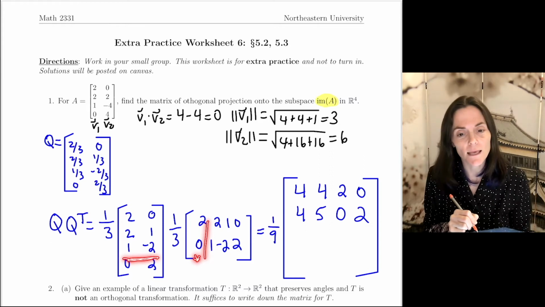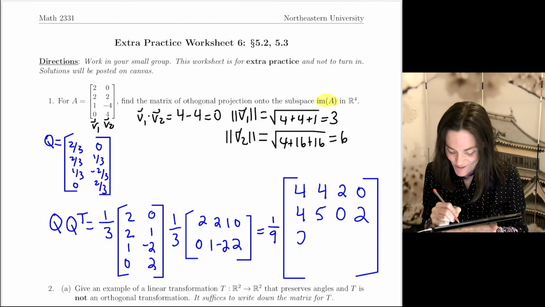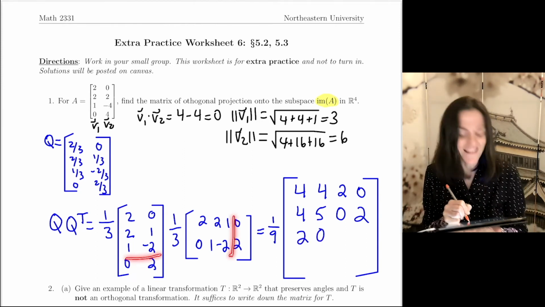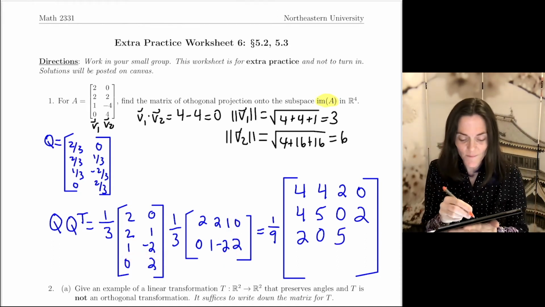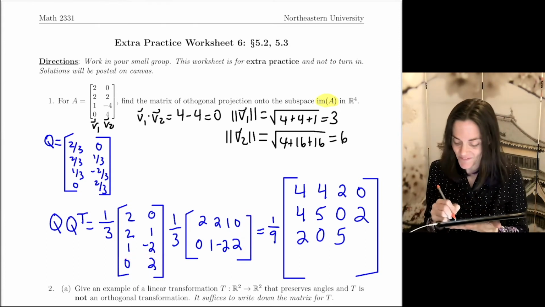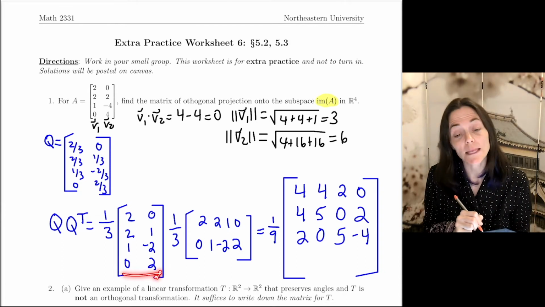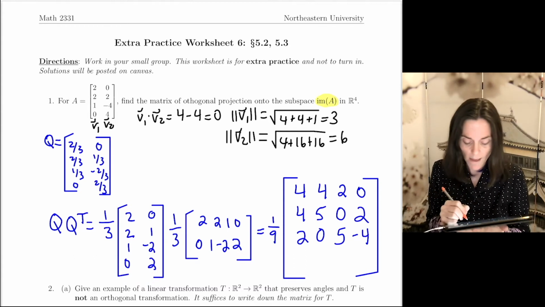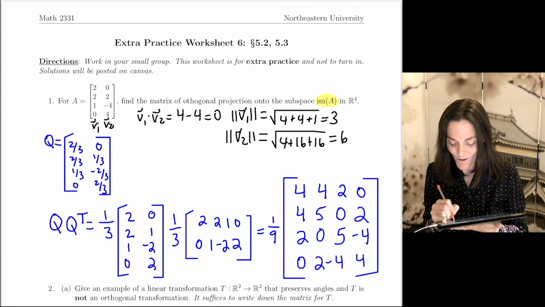Now take the third row and dot with each column. You see, first I get 2 and then 0. Then the third entry, we have this dotted with this. We get 1 plus 4, which is 5. And then finally, I have negative 4. One more row. We take the bottom row and dot it with each column, but really what I do, I just get 2 times this bottom row. So this will be 0, 2, negative 4, and 4.